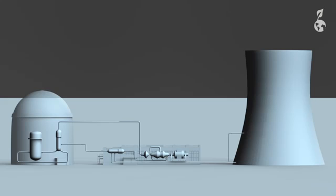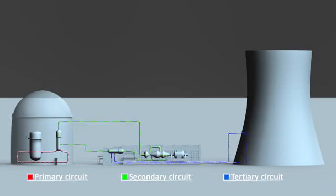Water in the primary circulation system never leaves the containment building. This water is radioactive, since it has been in direct contact with the fuel rods. Water in the secondary circulation system is used to drive the turbines and is not radioactive. The cooling circulation system provides cool water and is used to condense the